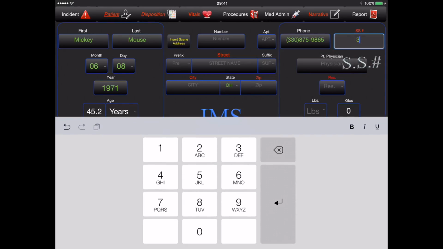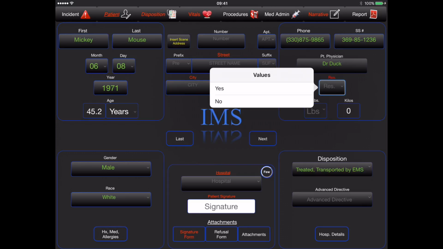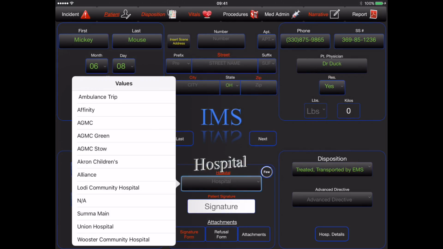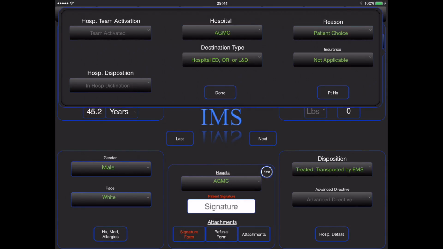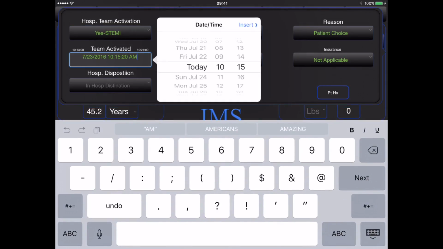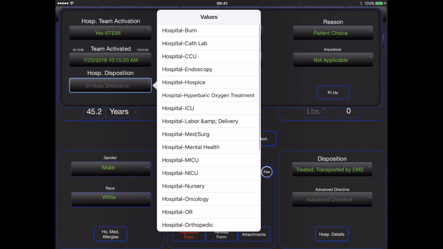if they have their social security number, followed by their preferred physician, if they're a resident or non-resident, which hospital destination they choose. If we activate a stroke team or trauma team, we can indicate that here, and when we activated the team, what the disposition was after arrival at the ED,